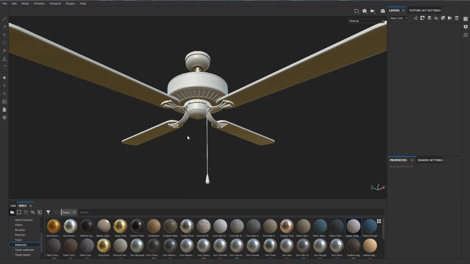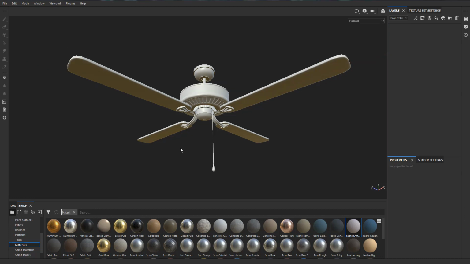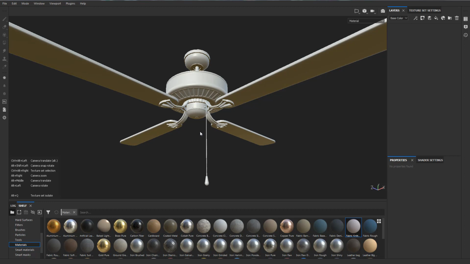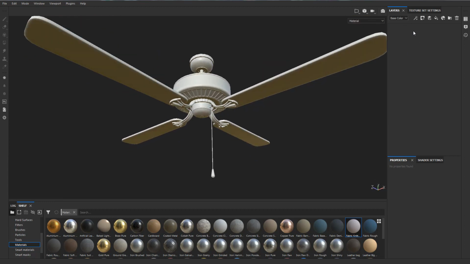Alright, after the baking is done, depending on how complicated you made it, it's probably gonna take from a few minutes to an hour or something, also depending on how strong your machine is. So we're gonna start creating some folders for different materials. For example,